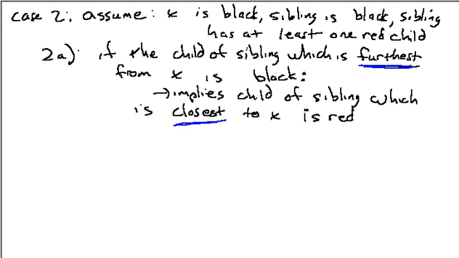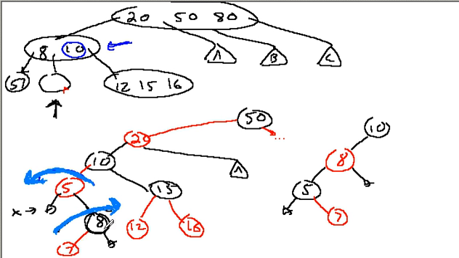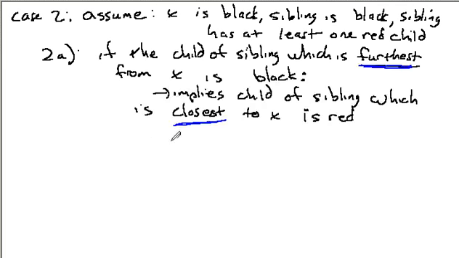So we say, okay, if 2A is our case, then in that situation we have to look at how this needs to be fixed. We're going to need to color 7 black and color 8 red. So we'll say, color sibling red. That's that first step. Do a single rotation